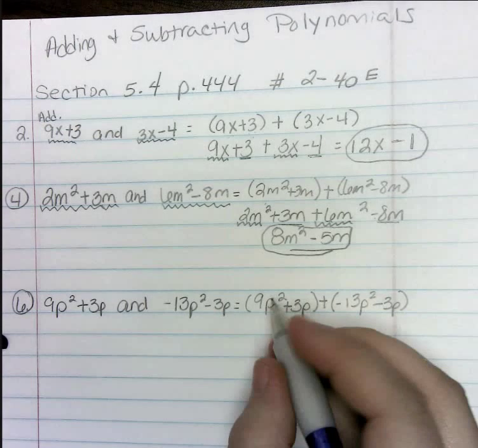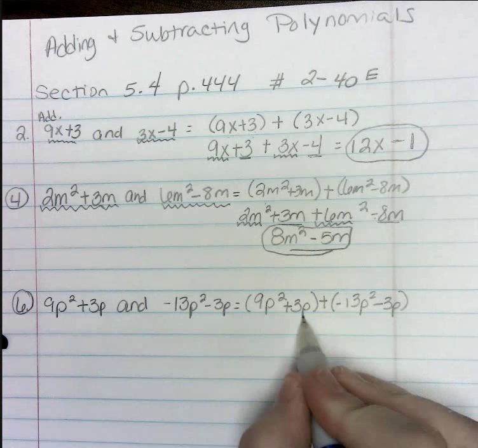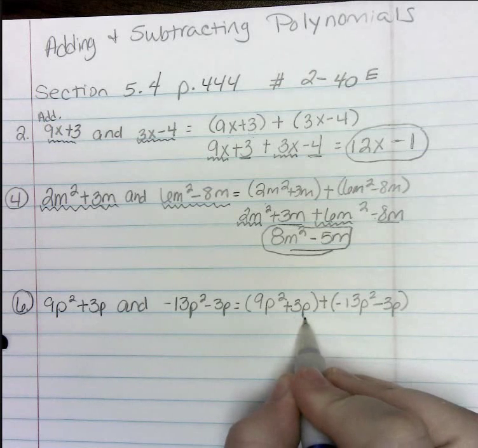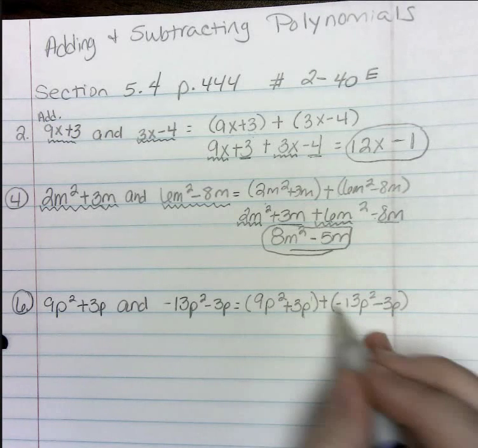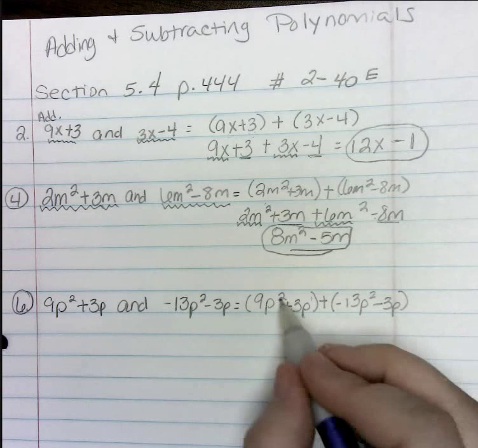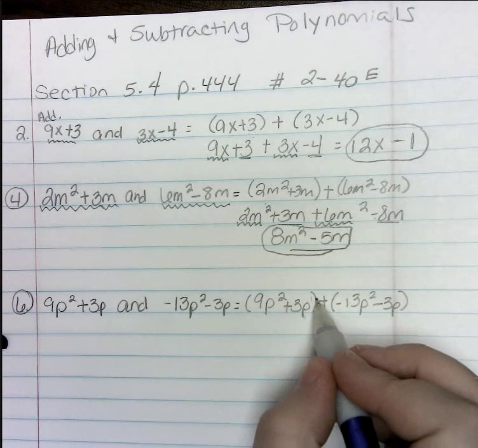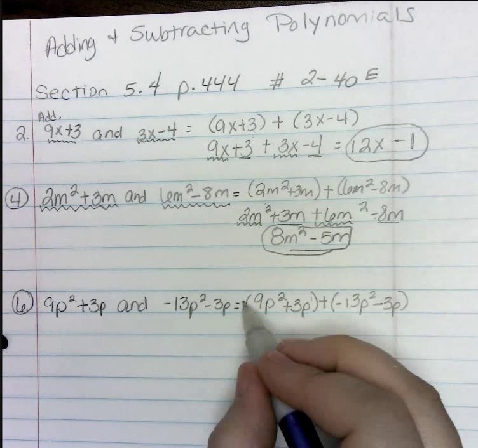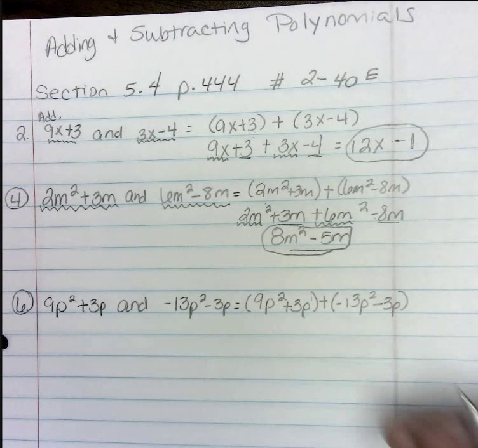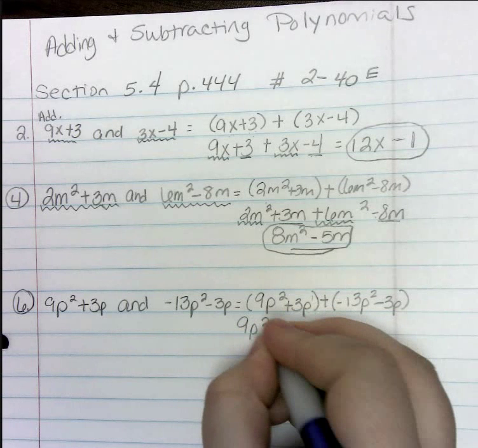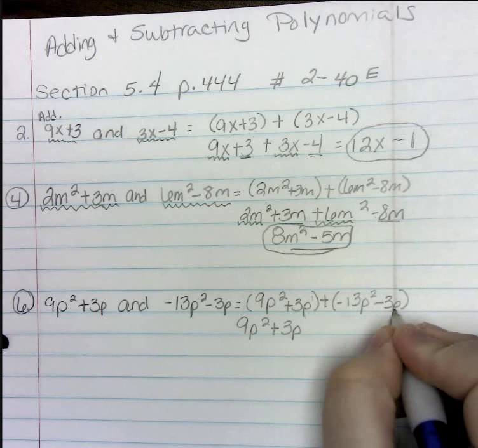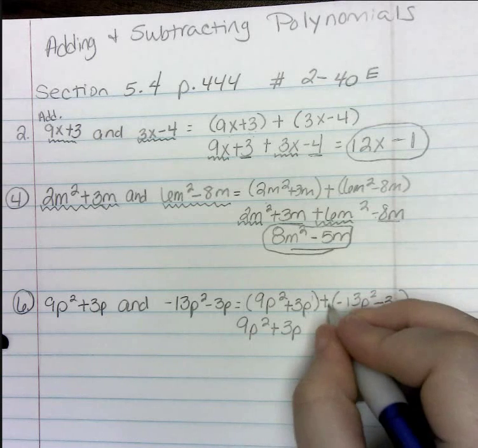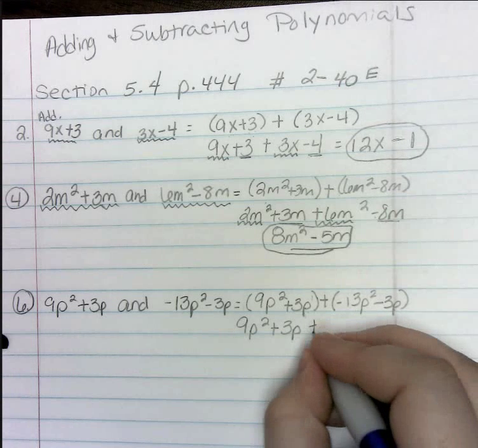So now I ask my questions. Can these two terms inside of the parentheses be combined? The answer is no. And remember, the reason is because this p has a squared, this p has an understood 1. So in order for you to be able to combine those, they would have to have the same exponents. So you can't combine them, and there's nothing other than that 1 multiplying out in front, so it can be released. And then can I combine these two terms? No. Is there anything multiplying out in front? No. So I can release